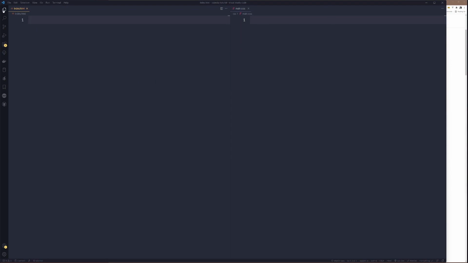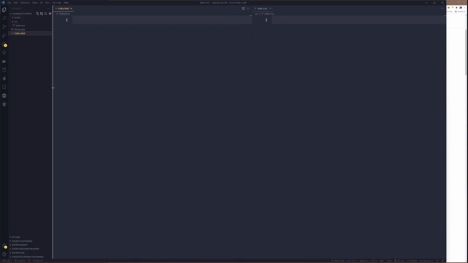Currently, if you see my folder here, mind you, I use VS Code. If you use any other editor, that's fine, but if you want to follow along with me and not get confused, I advise you to use VS Code so that we can do this together. I have two folders here, my CSS folder and my assets folder. The assets folder already has the images, while the CSS folder just has main.scss and an empty main.css. The index.html is empty as well.